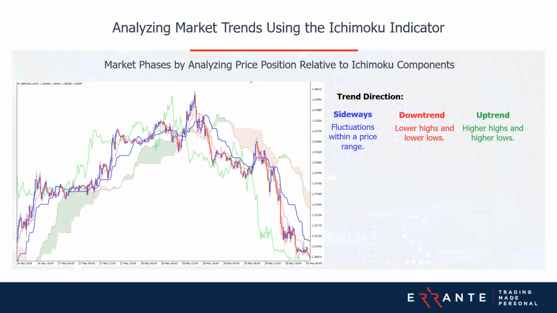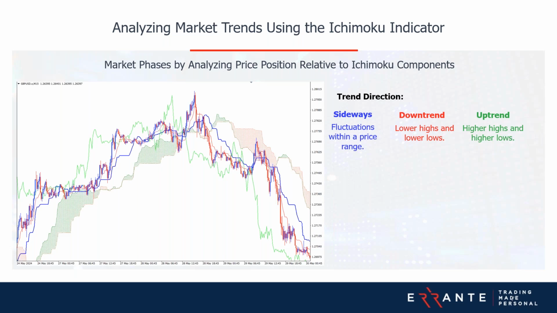First, let's define each market trend type. As you see here, we are going to highlight the uptrend, downtrend, and sideways market. An uptrend is characterized by a series of higher highs and higher lows, and this indicates a general upward movement in price. In an uptrend,